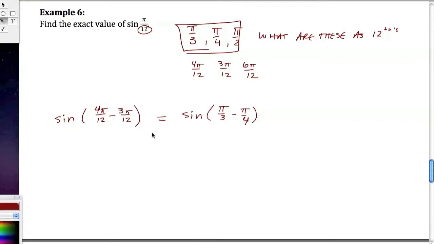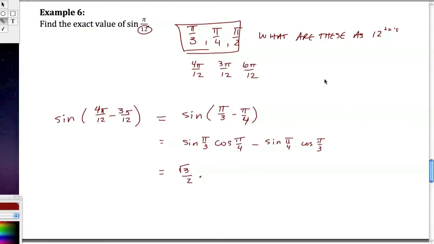And so when I expand this, this is going to be the sine of pi over 3 times the cosine of pi over 4 minus, okay? I switched these around a little bit, but that's okay. Now, how do I do this? The sine of pi over 3 is square root of 3 over 2 times,